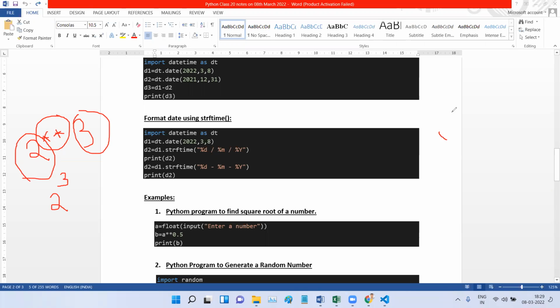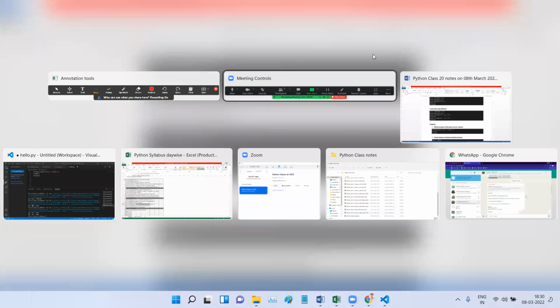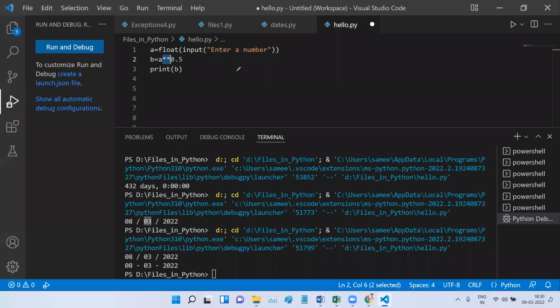Now let us say you have to calculate the square root of 16. In mathematics, the square root is normally denoted as to the power 1 by 2. To improvise, we will replace that 1 by 2 with 0.5. 1 by 2 and 0.5 are the same, right? So I will just replace 1 by 2 with 0.5. This is how we are going to find the square root of a given number. Then let us go to the program, and now I want you to look at the program.